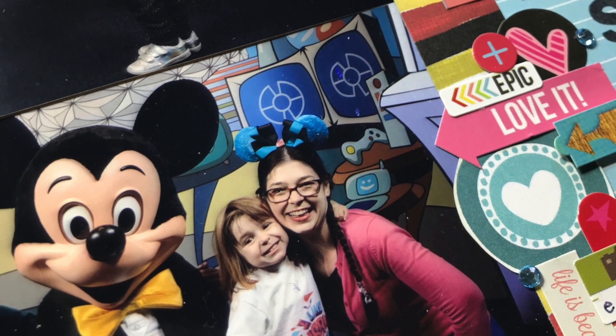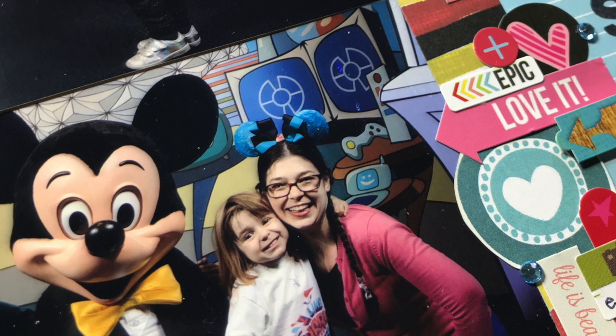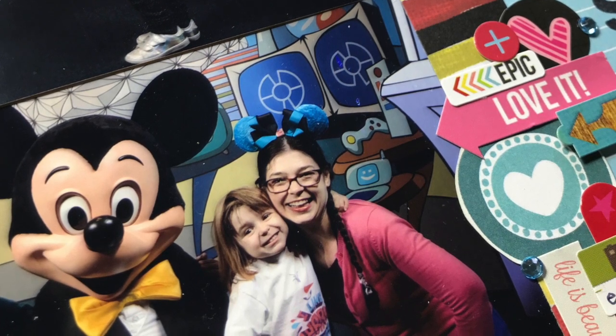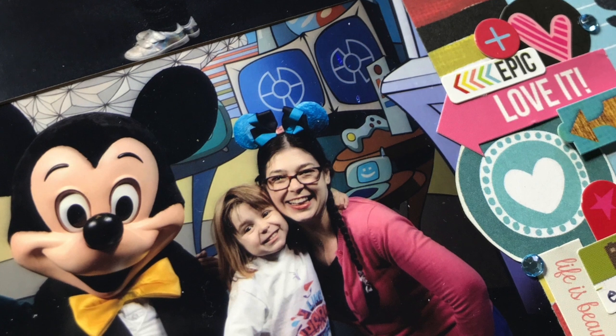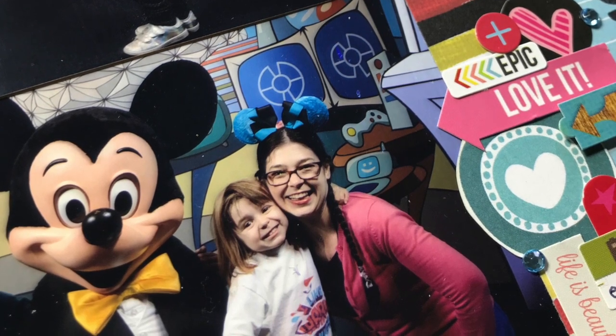It's super simple. And then I had this plan that I was just going to use some little circles cut from a Simple Stories paper, and that was pretty much going to be it. That, some letter stickers, put my journaling on, and it would be done. And you know what? That was boring. So I pulled them off and I started from that point again, and that's what I'm going to show you